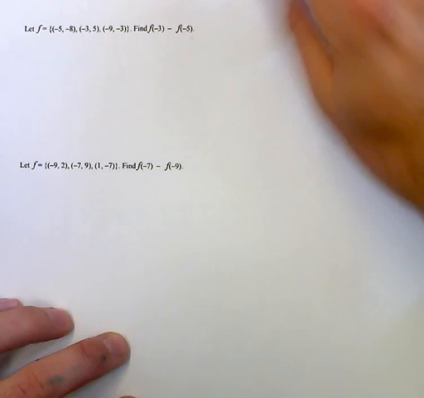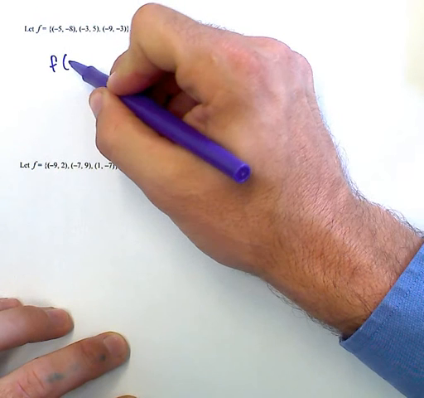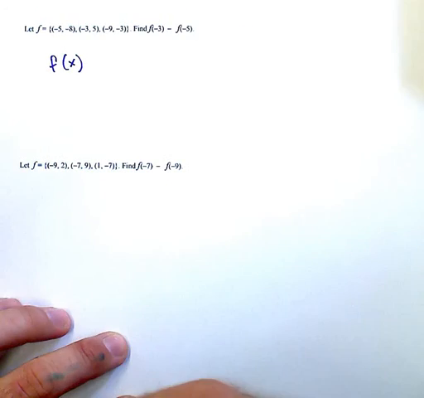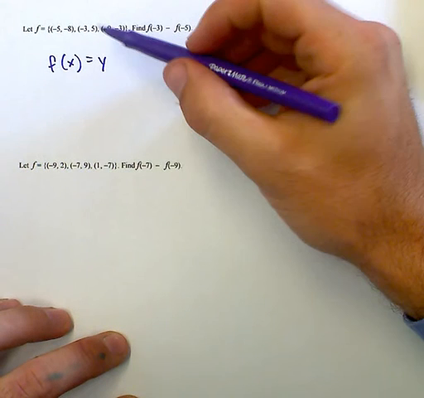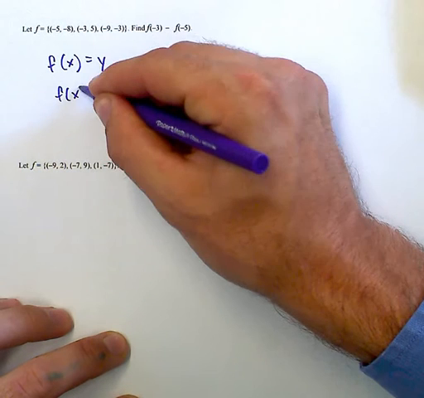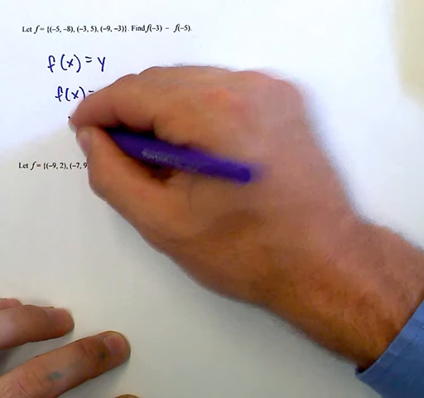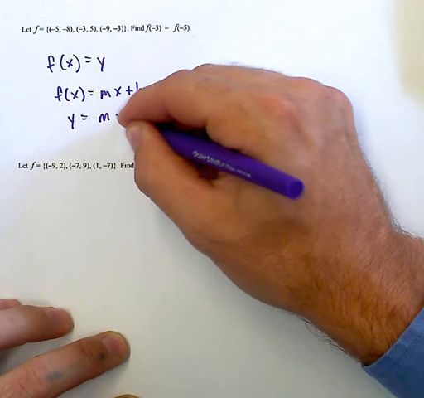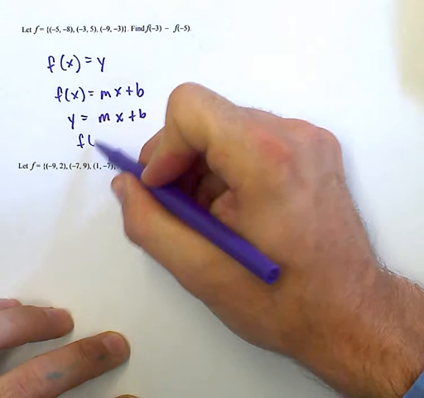So we're talking about functions again, and basically you have your f of x, and you could say f of x is equal to y. I could say f of x is equal to mx plus b, the same way I could say y is equal to mx plus b. Because basically what ends up happening, when you have an f of x,